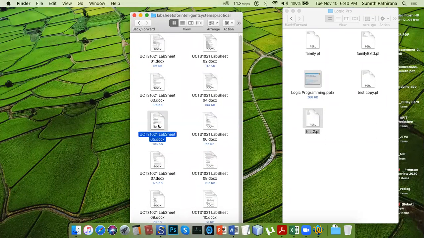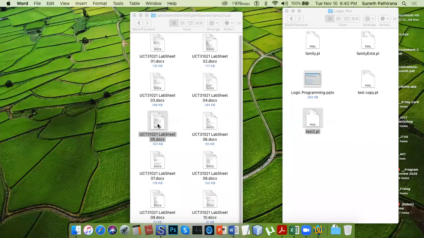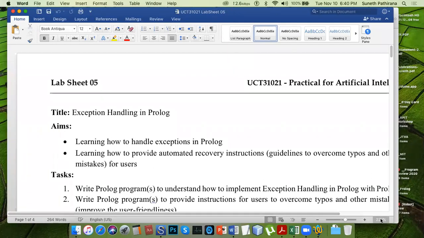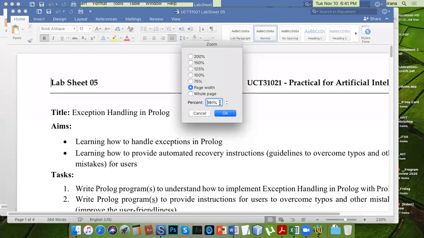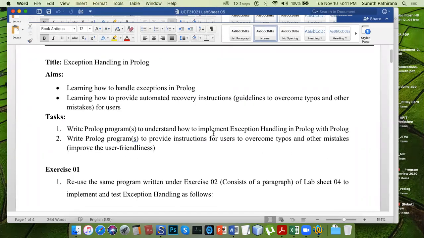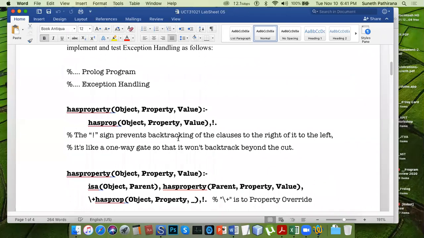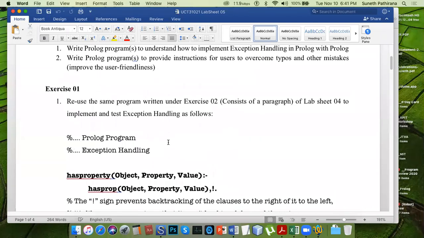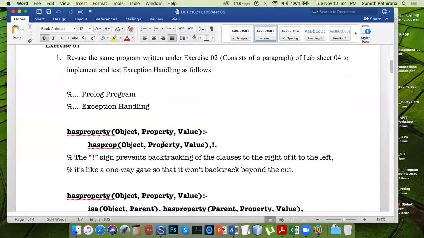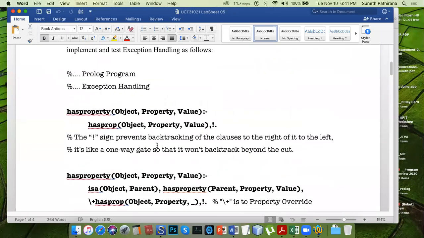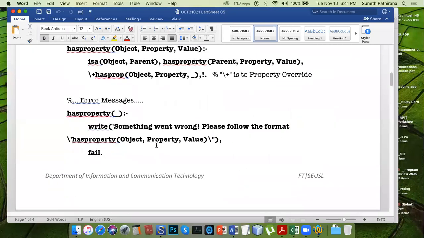We go for the next lab sheet. I have emailed all the 10 lab sheets. So 6 onwards, the same thing with slight modifications, a small example expert system. This is exception handling. We can append these things that we have written earlier.